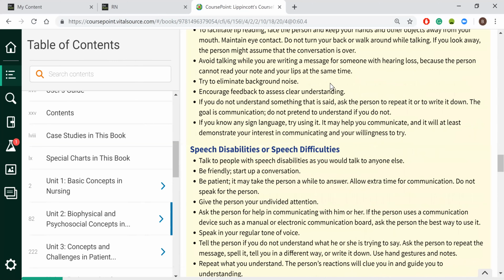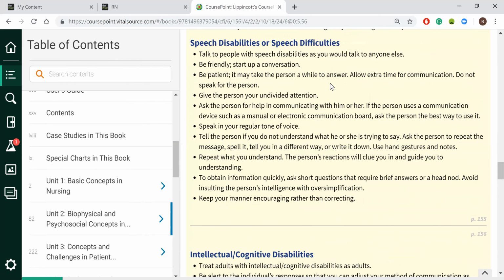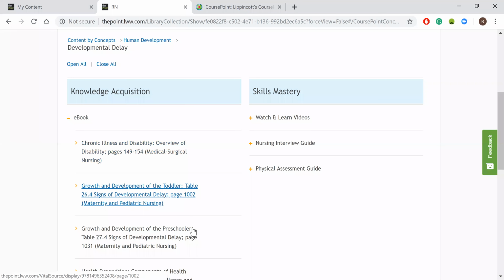Speech difficulties and seeing are two different disabilities. And it amazes me when people are around folks that are blind, they're screaming at them like bloody murder. So, just be mindful. Blind doesn't mean deaf. Deaf means deaf.